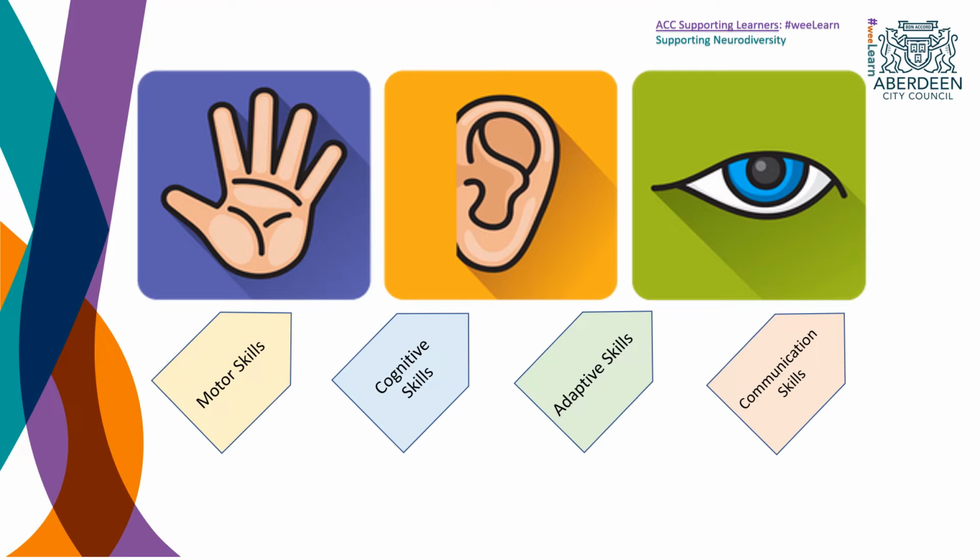Neurodivergence could manifest itself in many ways and could be observed through motor skills: difficulties with motor fluency and feeling secure during movement activities. Cognitive skills: concept development may be compromised, incidental learning may be limited. Social and emotional skills: social cues may be missed, resulting in difficulties learning how and when to interact with others. Adaptive skills: perhaps learning how to meet their own needs for self-care or independence may be more challenging.